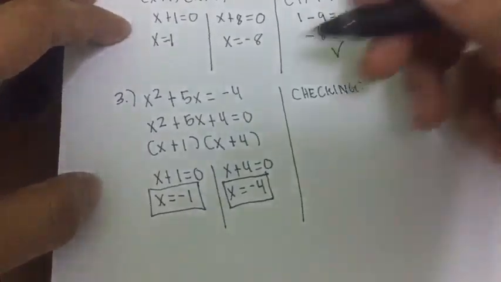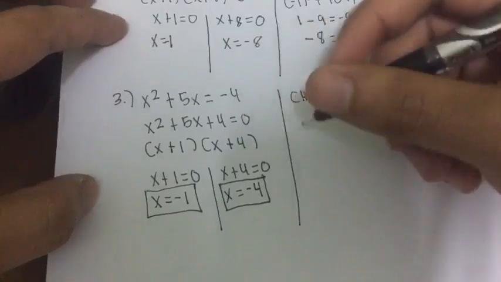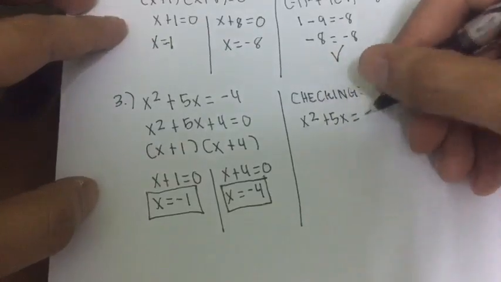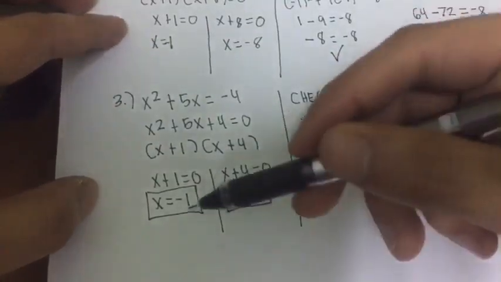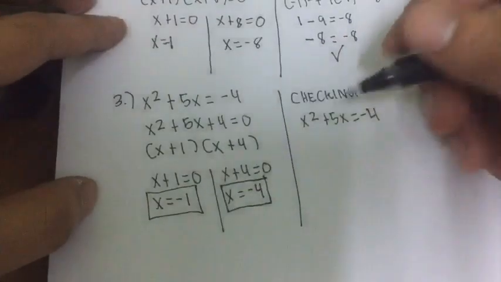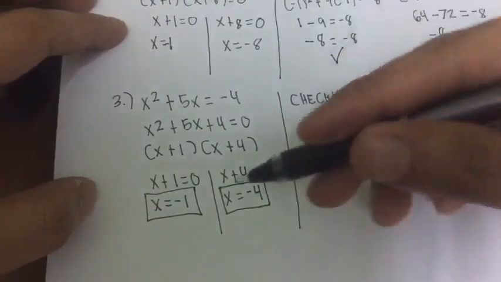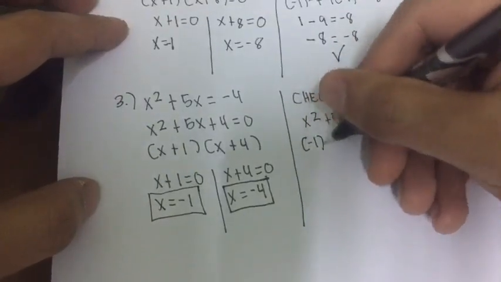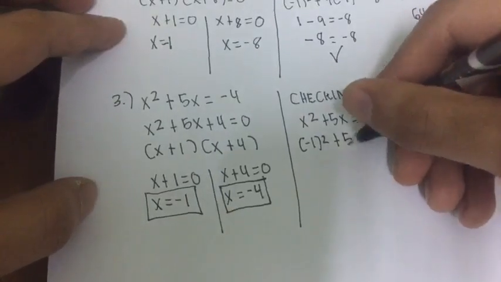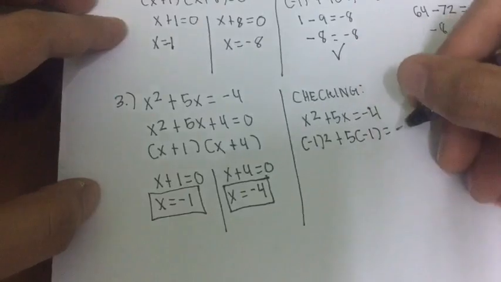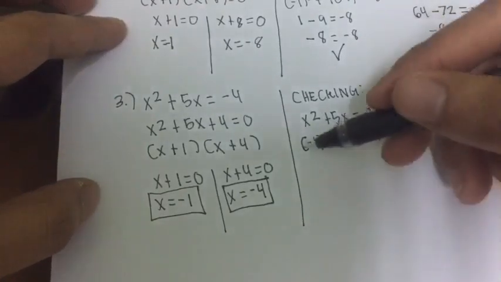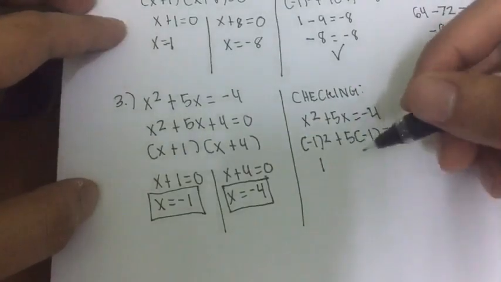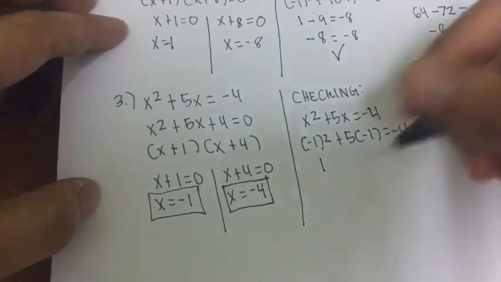To be able to check, first we put the original equation, x squared plus 5x equals negative 4. First final answer is negative 1. We need to put the negative 1 to all x. Negative 1 squared plus 5 times negative 1 equals negative 4. Negative 1 squared is equal to 1. And 5 times negative 1 is equal to